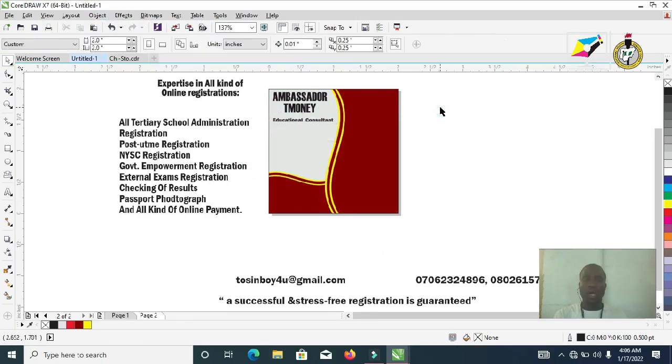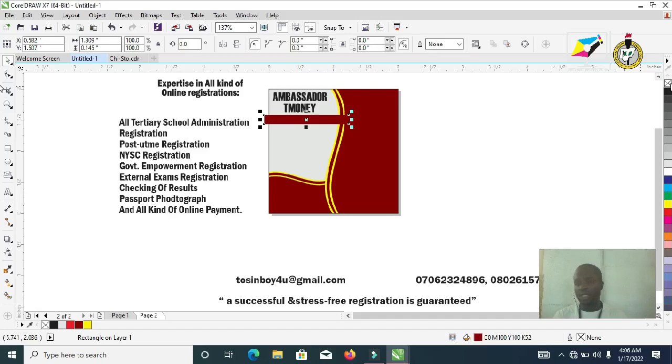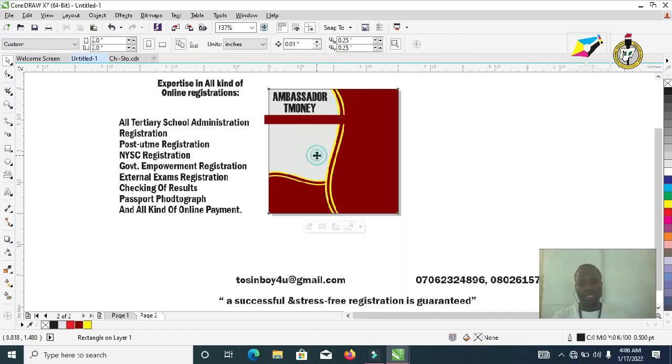Alright, so I have this here now, the Educational Consultant. I can now pick up another rectangle tool over here. So after selecting the rectangle tool, then I give it the same wine color, that's the ox blood. I right click on this sign to remove the outline. So after giving it another color,